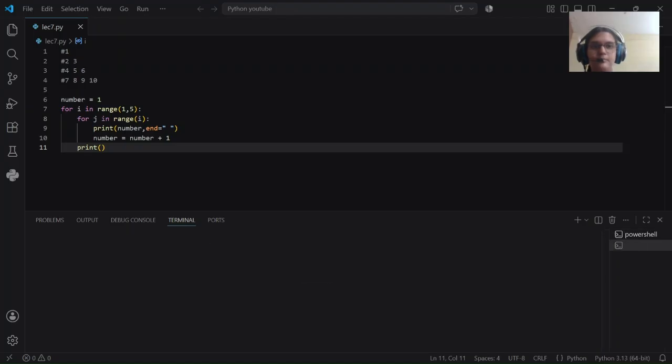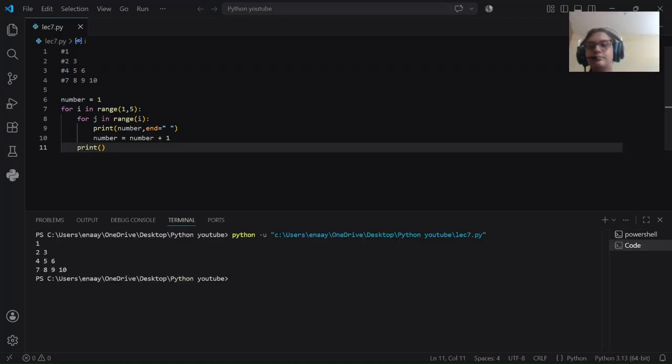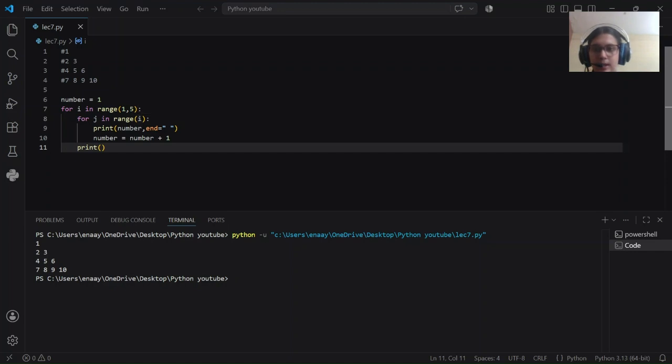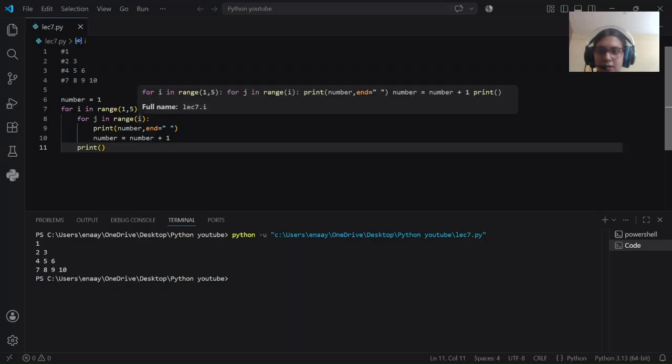As you can see, our pattern is being printed: 1 2 3 4 5 6 7 8 9 10. When I is 1, right, range of j is 1 as well. So it will run once. At the beginning the number is 1, so 1 will be printed here, and after printing the number will go here and number will become 2. Now since j is only supposed to run once because I is 1, it will come out of this loop,